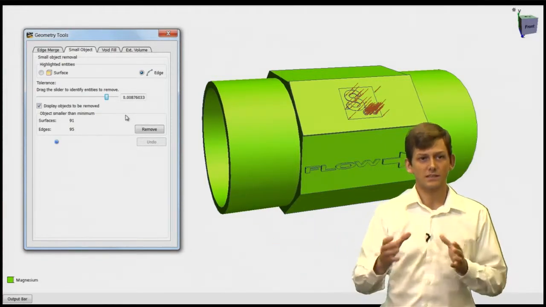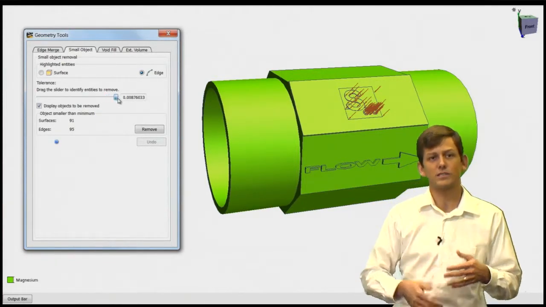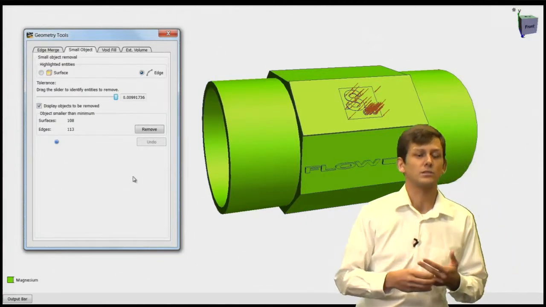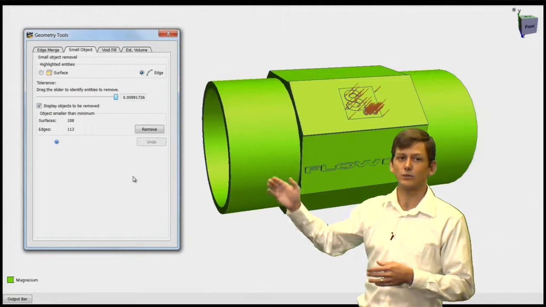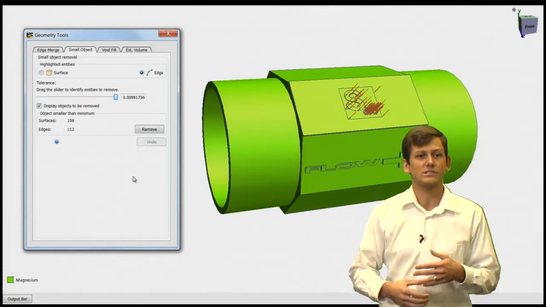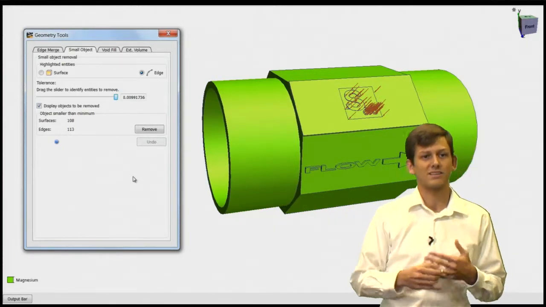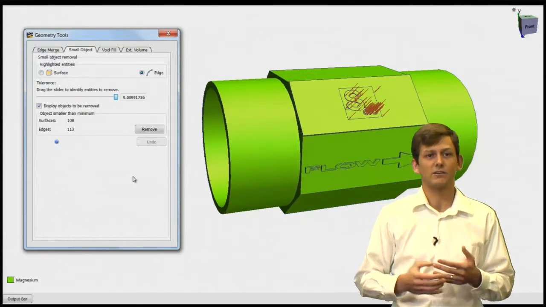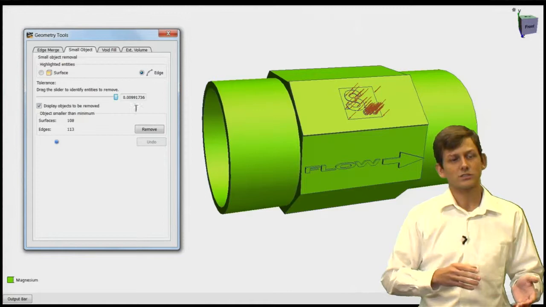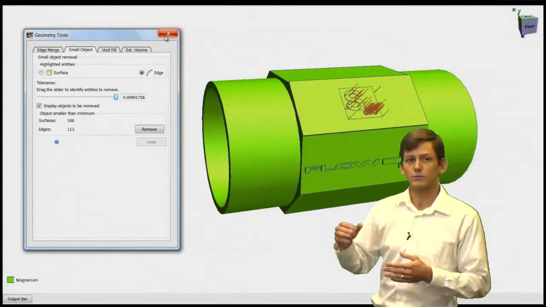So once we select the value that we're interested in, we'll click Remove, and we'll be able to then see the effects on meshing. One thing to note is to make sure that we aren't highlighting a surface that is critical, so that could be like a thin surface that would define the thickness of a heatsink fin or say a butterfly valve. So if we jump into the results section here, now we'll be able to see,